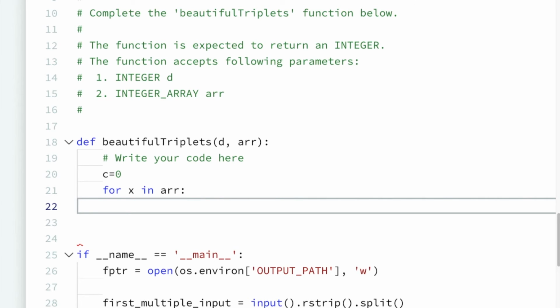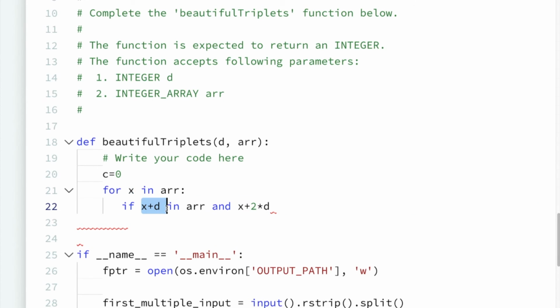Our next task is to find the y value. So y is calculated as x plus d. Now we are going to check whether x plus d is present in array. If it is present, then at the same time we are going to check the z value, and z is calculated by x plus 2d, correct?